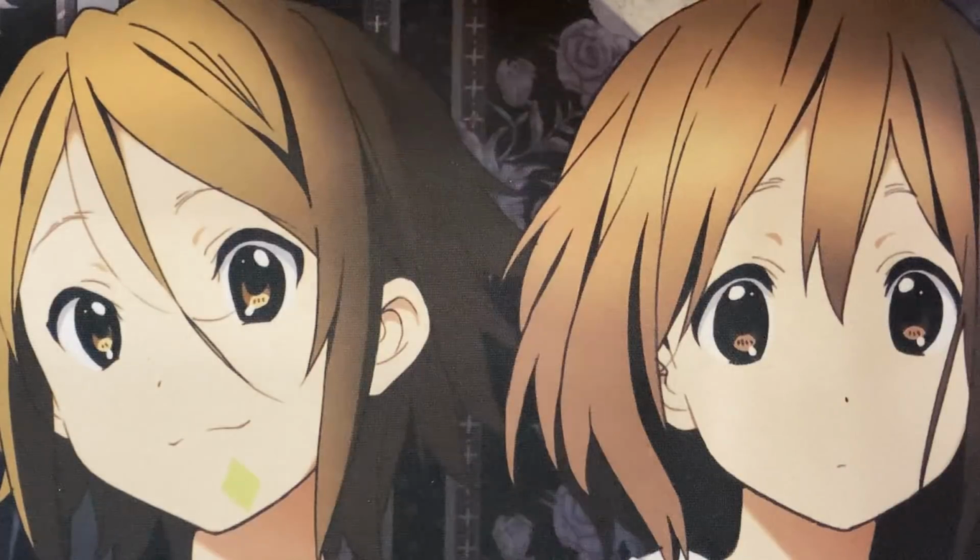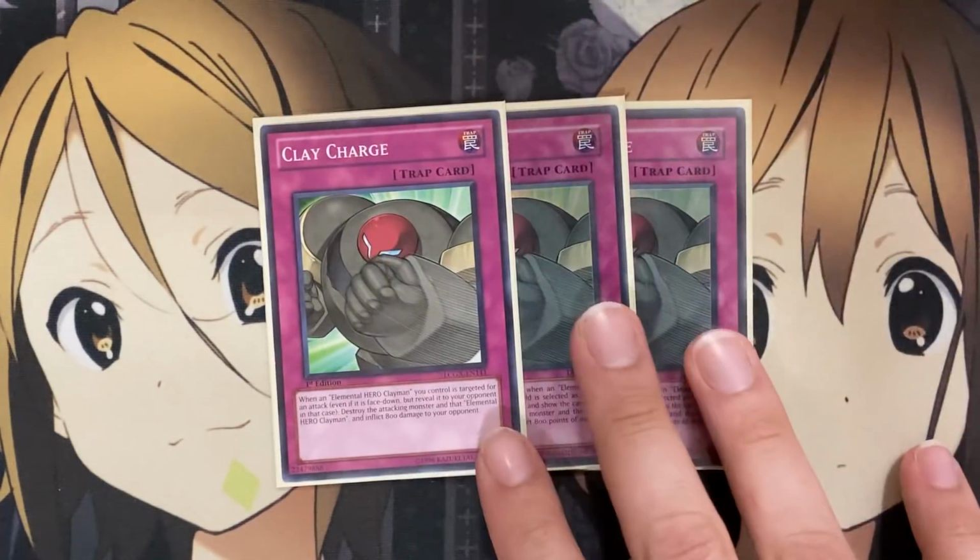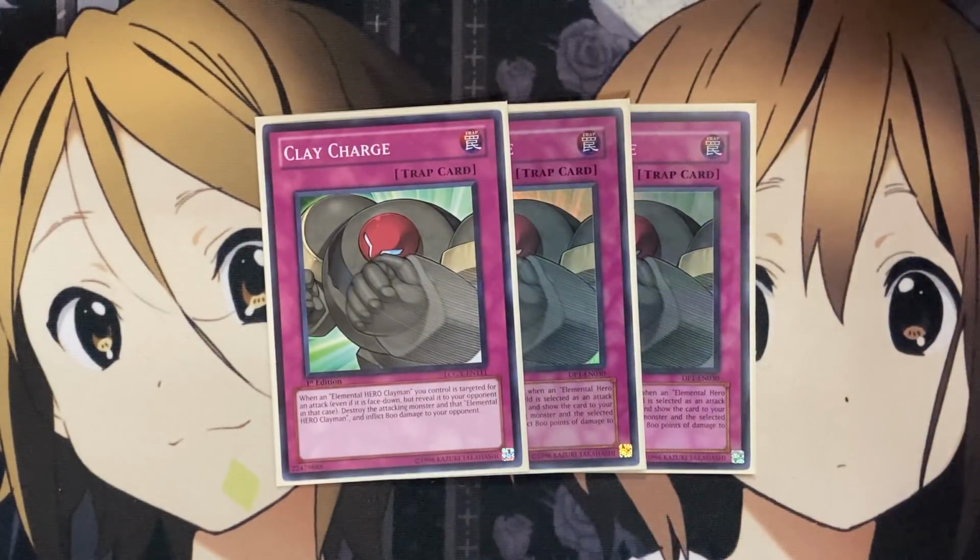And that's it for these spells. The only trap we are running in the deck is the only trap that was ever given support for Clayman in the TCG, and that is Clay Charge. With this card, when an Elemental Hero Clayman you control is targeted for an attack, even if it's face down, you can reveal it to your opponent, destroy the attacking monster and that Elemental Hero Clayman, and inflict 800 damage to